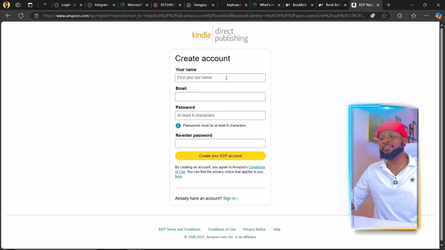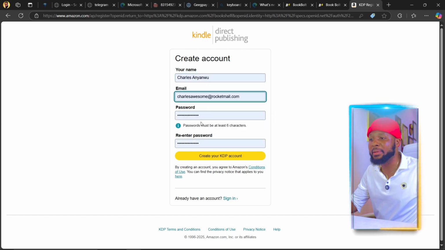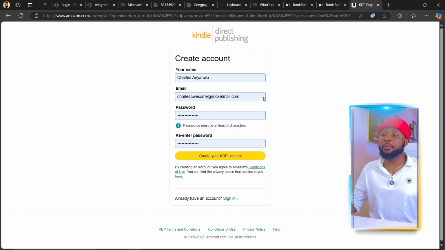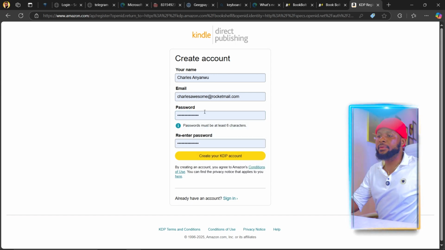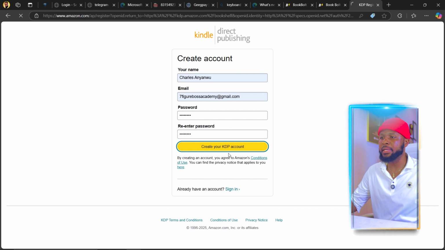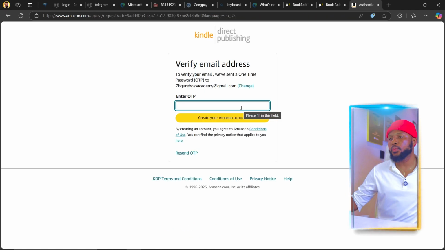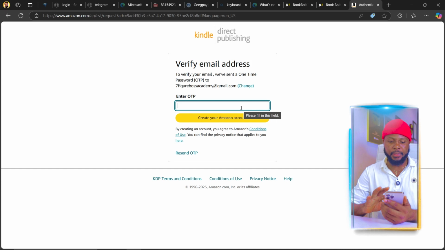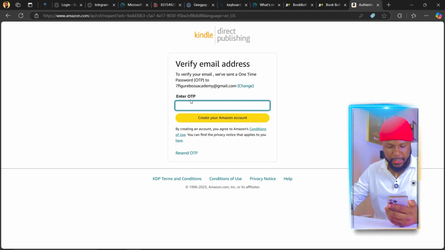And to sign up, all you have to do is just put in your first name and your last name, put in your email address like so, and then you're going to put in your password, okay? Of course, you're going to put in your password and click on create your KDP account. So now it has sent an OTP to our email address, and we're going to quickly get the OTP from our email like so. So I'm just going to go ahead and enter it,